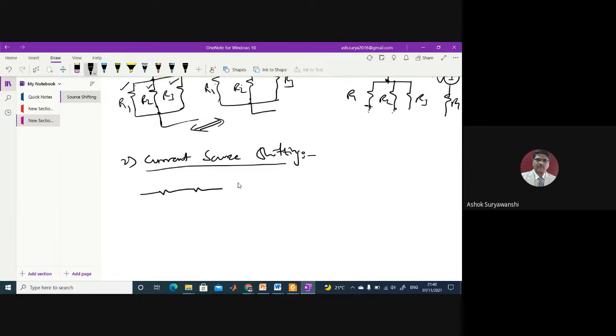Suppose these are three resistors which are in series. For example, this is my A point, this is my B point, it is C point, and this is D point. And these are not only points, these can be nodes also. Try to understand, these can be nodes. Now suppose there is a situation wherein these R1, R2, R3, although they are in series, are not directly in series, because B may be connected to one other branch, A can be connected to another branch, and C may be connected to another branch. And if this current source is like this,